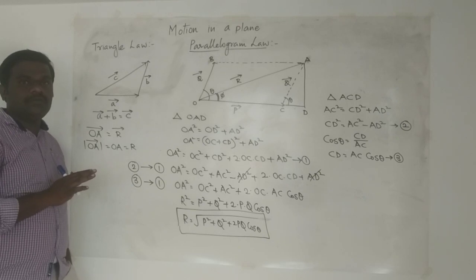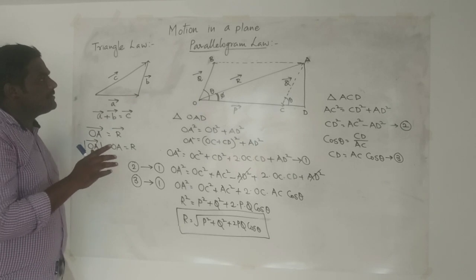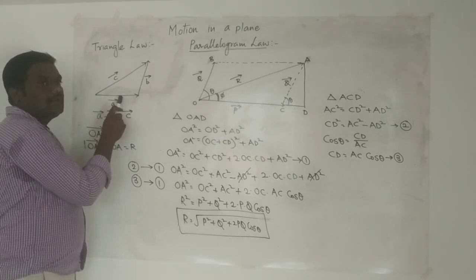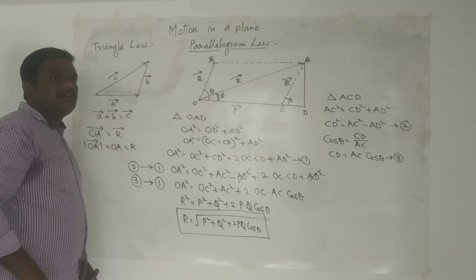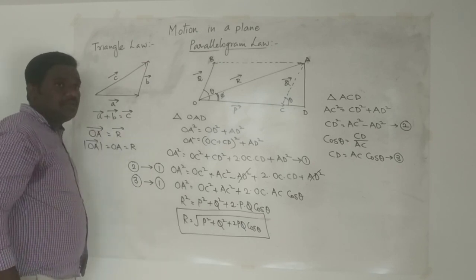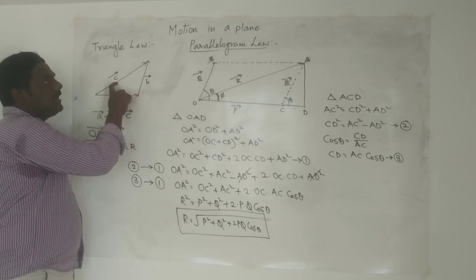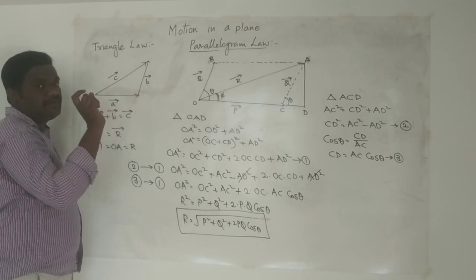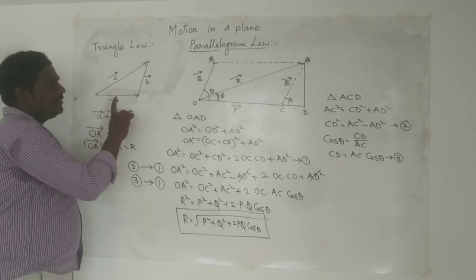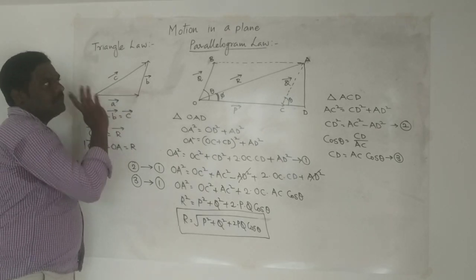Hope you have understood the triangle law of vector addition and the parallelogram law of vector addition. For repetition purposes, I will repeat the statements once again. In the triangle law, two vectors are taken as two sides of a triangle in order, both in magnitude and direction, and the third side represents the resultant of those two vectors taken in reverse order. The terms must be mentioned very clearly, otherwise the statement will not be given any marks. Make sure the two vectors are taken in order and the resultant is in the reverse order.